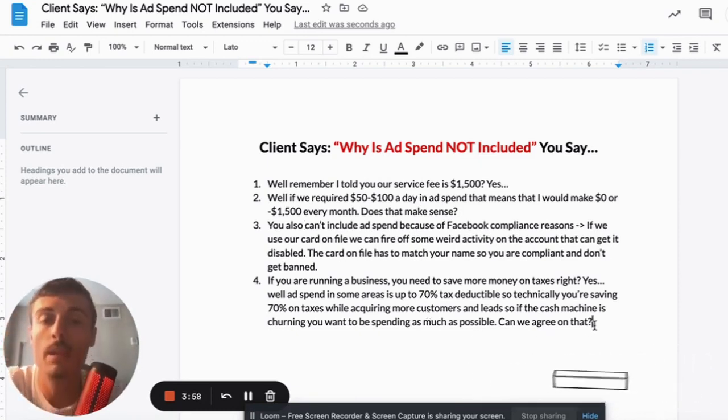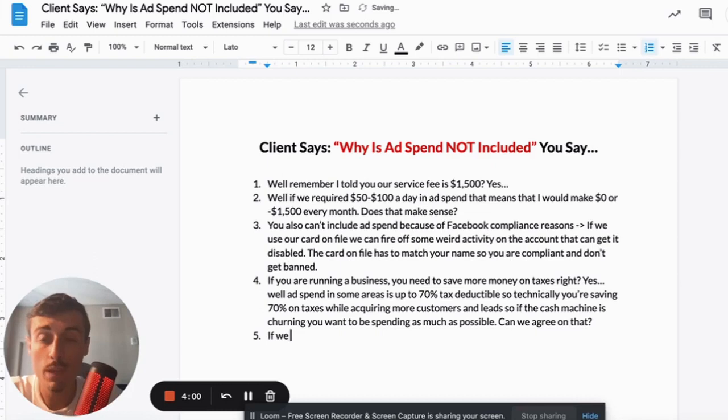Okay, and the other thing is, your card can control the ad spend too. You wouldn't want someone else's card on there, because what if they sent you an invoice and wanted to spend more, and in the contract you had to suffice that ad spend? Would you be able to give up that spending control to somebody else? That's another thing, because a lot of business owners have a control issue where they want to control every single thing in the business. They still want to wear all the hats. So that's that emotional infatuation of like, hey, you actually don't want to have ad spend included because you can get kind of murked. That's why we don't do it. Clients can't control their ad spend.